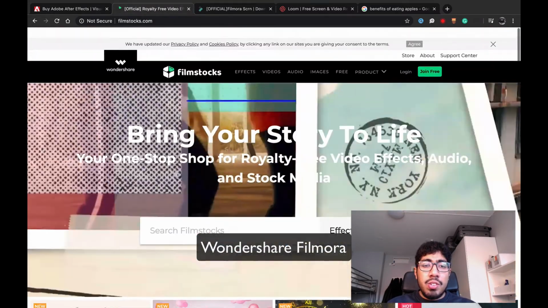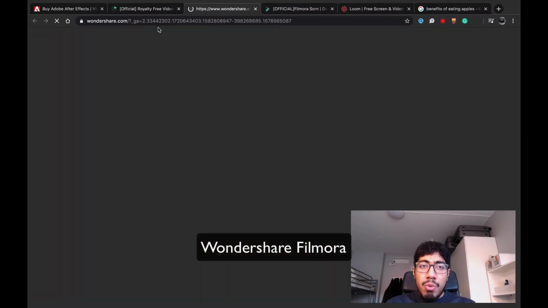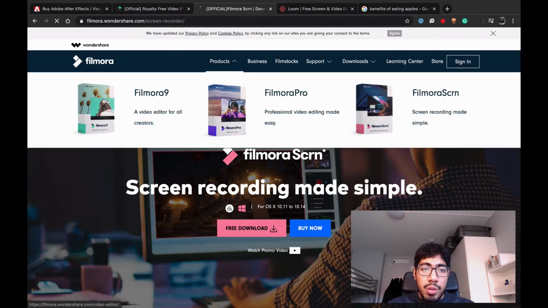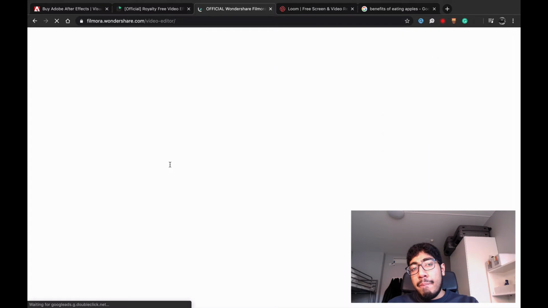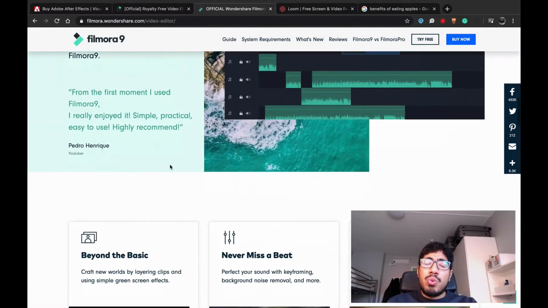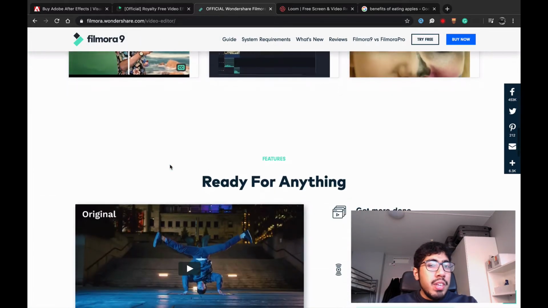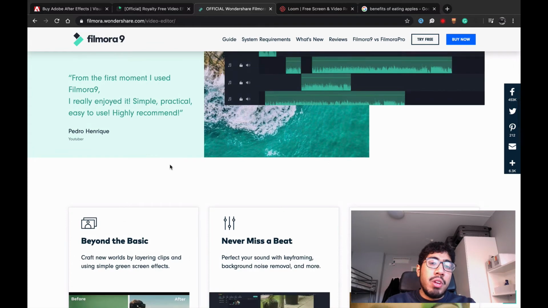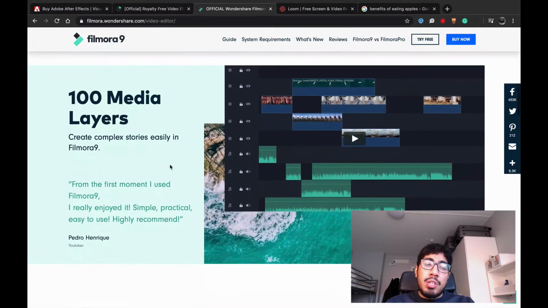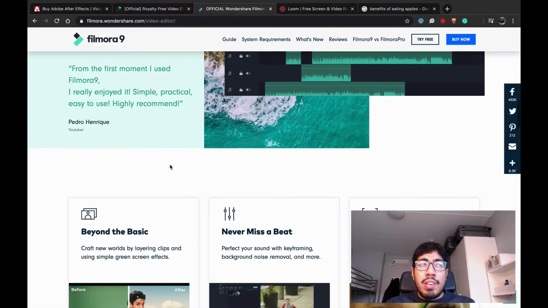Alright, so the next tool is called Filmora Express. Filmora 9, I'm sorry, yeah, Filmora Express or Filmora 9 here. It's Filmora 9. So Filmora 9 allows you to create social media videos, or mostly social media videos, but it also allows you to tell movies. So it's pretty much a video editing software, just like iMovie, but it does have some special video effects that you can add, like